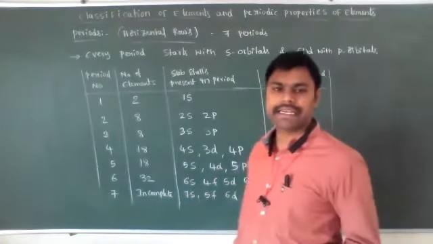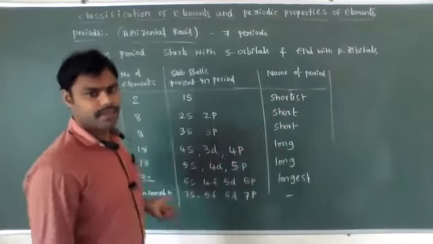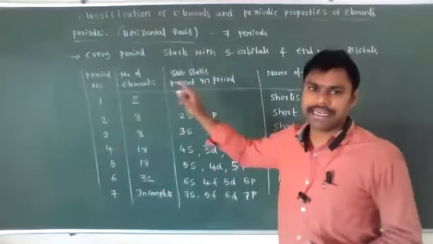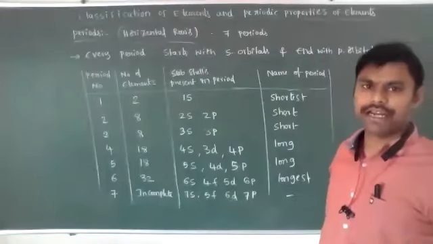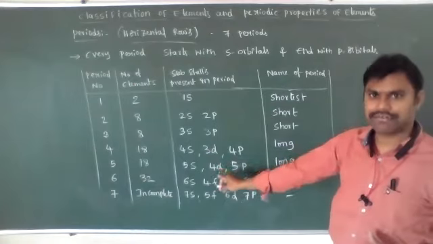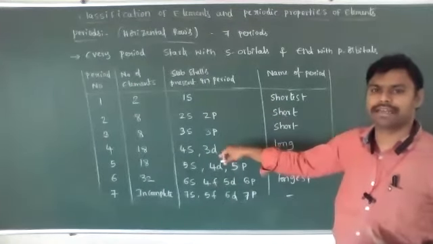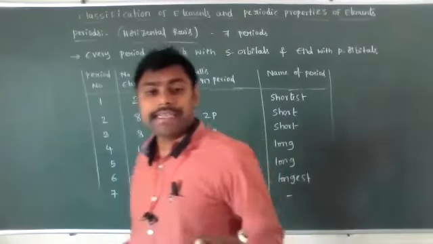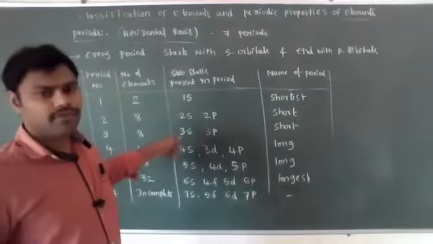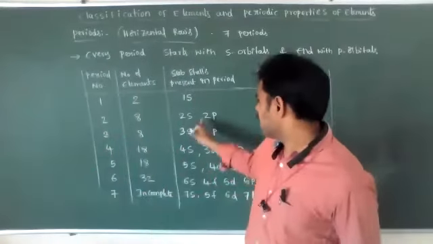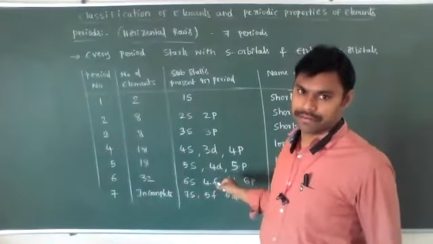That's why we consider it incomplete. But the longest period is the 6th period. The 7th period is incomplete. The shortest period is the 1st period. It contains only 2 elements. Understood? Anybody have doubt? We already discussed this graphical representation in the Aufbau rule, for writing the energy order of atomic orbitals, the increasing energy order of atomic orbitals. This we already discussed in the Aufbau principle.